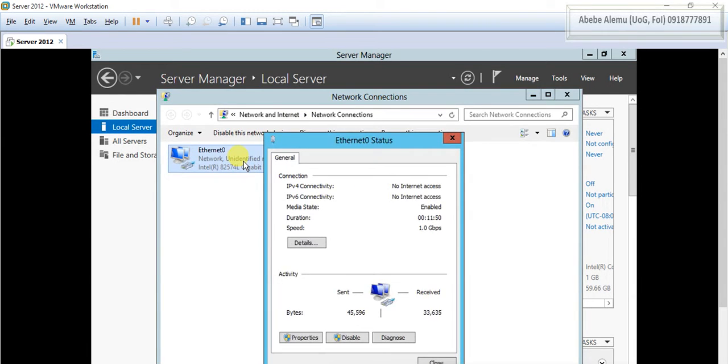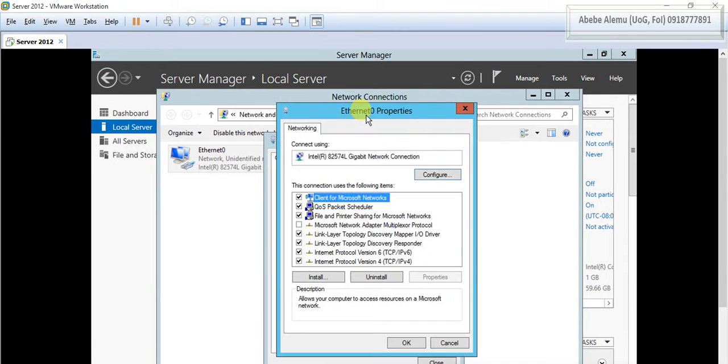We will double click on it, and click on properties. In this dialog box, IP6 is enabled. We will uncheck the box so that it will be disabled. And then the internet IP4, we'll click on it, and then we'll click on properties to assign the static IP